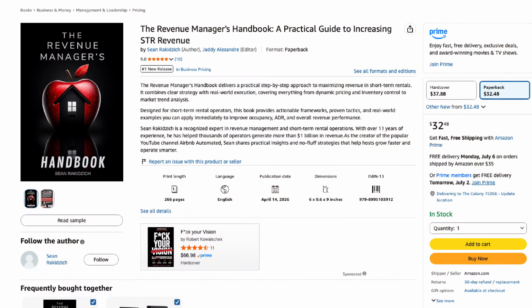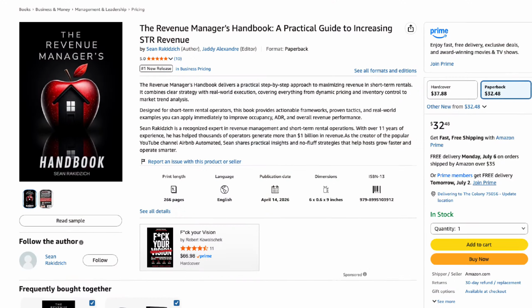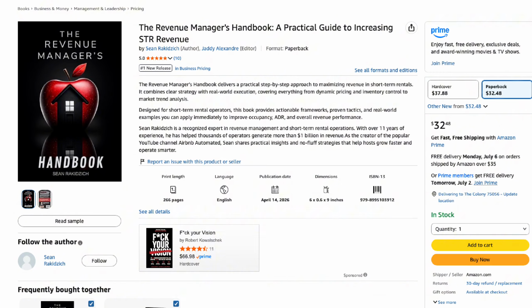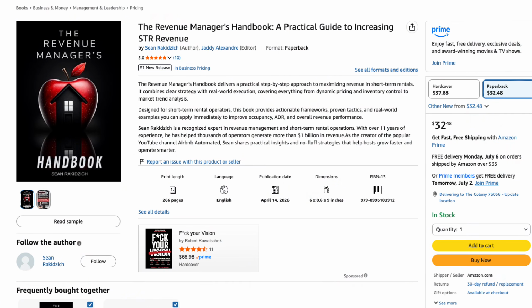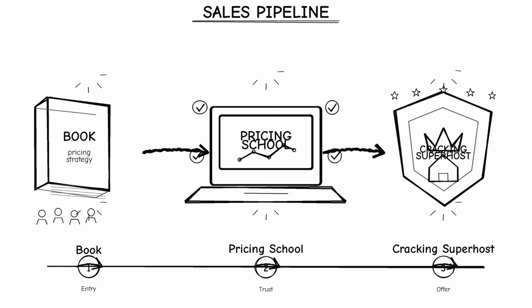So for example, my coaching program, that $8,500 Airbnb coaching program, we've got a few different widgets and you guys can steal all of these, right? We have free give me's. We've got PDF files that show people the Airbnb algorithm visualized. We've got a book. I wrote the book on pricing strategy. It's on Amazon. It's like $32. And anybody who buys my Airbnb pricing strategy book for $32 becomes a lead in my greater pipeline.